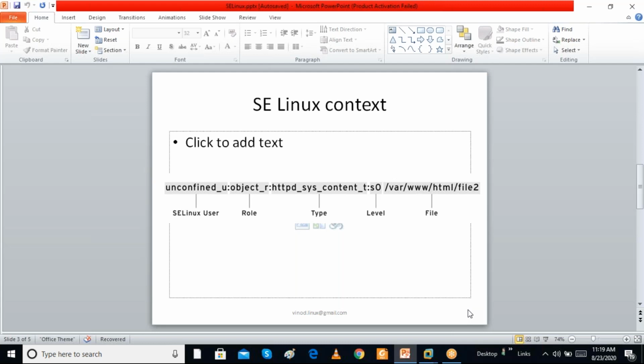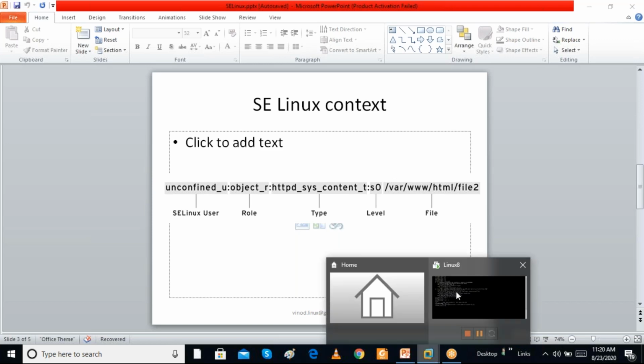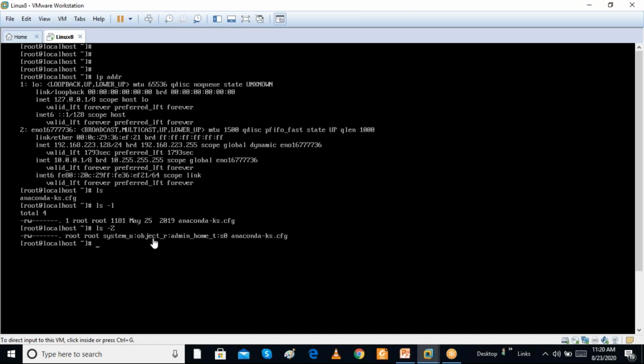Many other fields are there, but we are not interested in them. Every file has its own security context. In the user's home directory, the third field to check is admin_home_t.